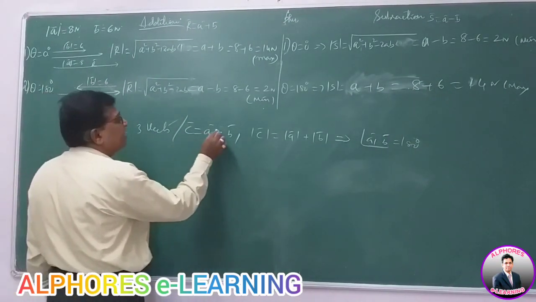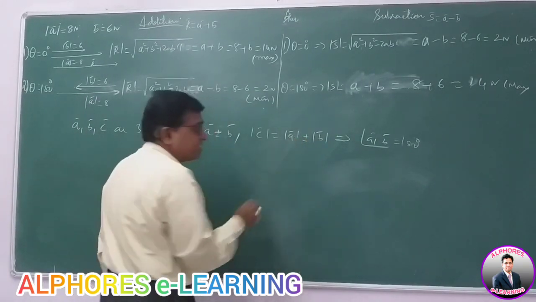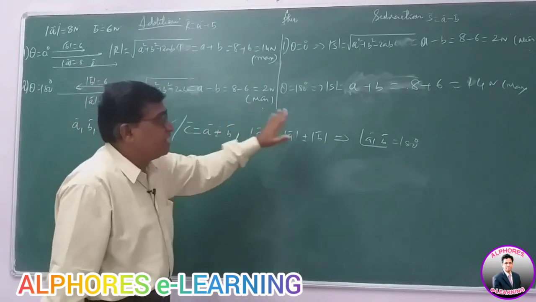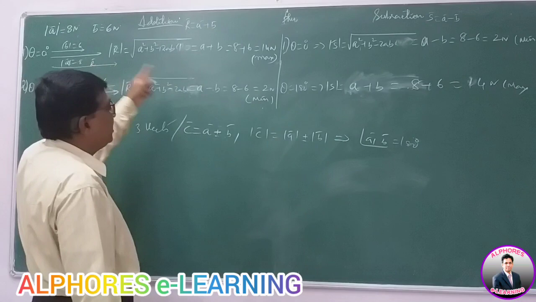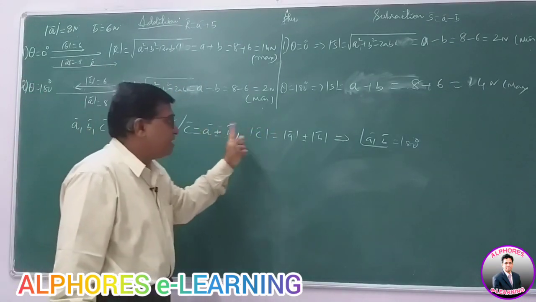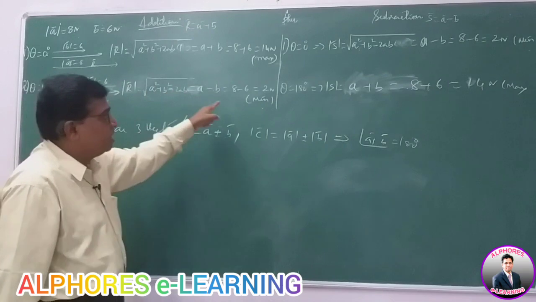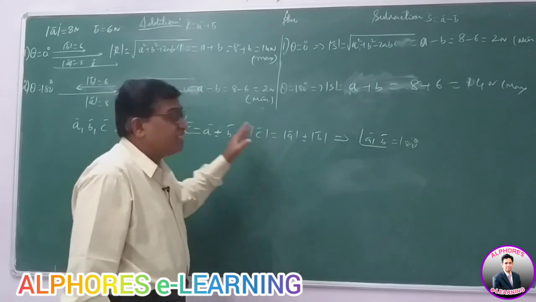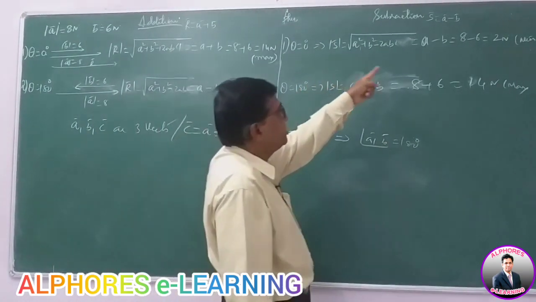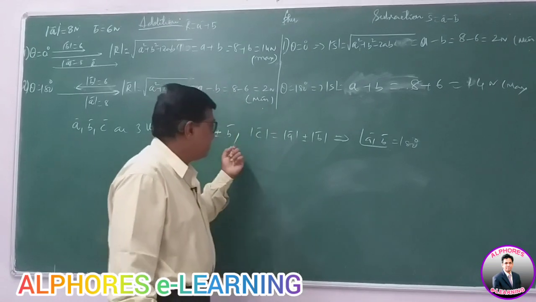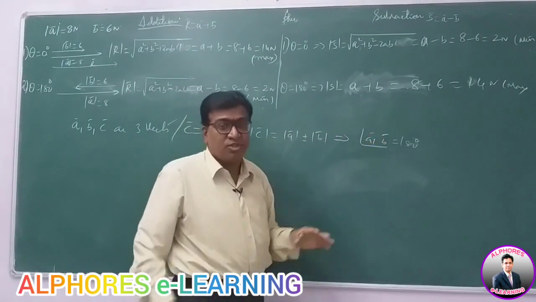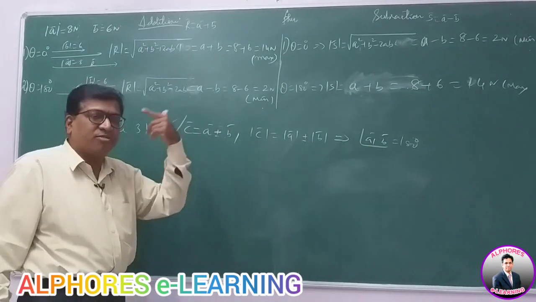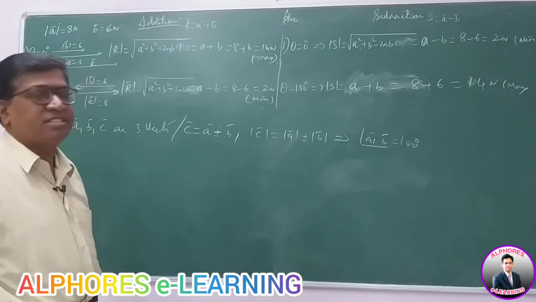So he can change whether this is plus or minus, and accordingly the angle changes. If this is plus and this is plus, the addition resultant is maximum, and for maximum the angle theta is 0. The answer will be 0. If this is plus but this is minus, the addition resultant is minimum, then the angle is 180. Now if both are minus, the subtraction resultant is minimum when theta is 0. But if this is minus and this is plus, it is 180. So these are the combinations. It looks like a simple question, but a small sign change alters the whole format of the question. You should be very careful with such questions.